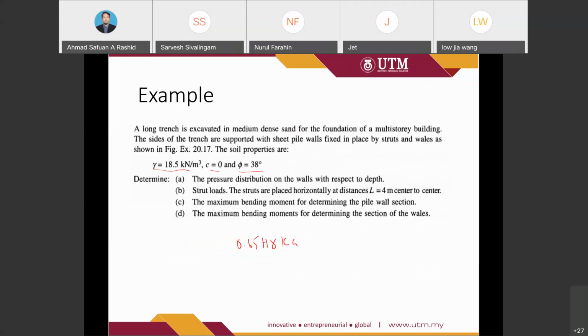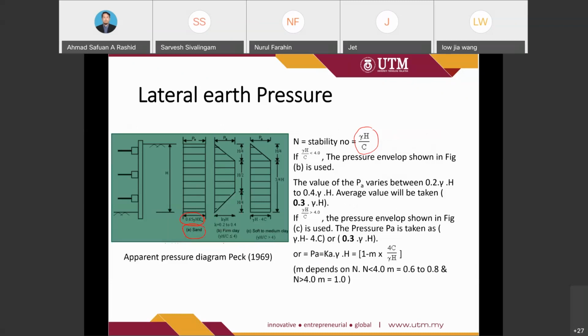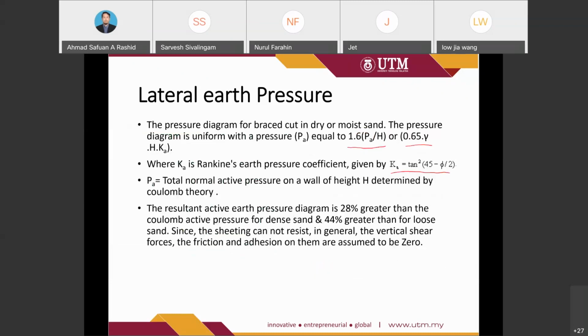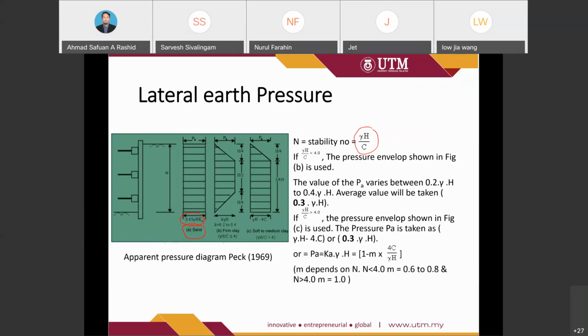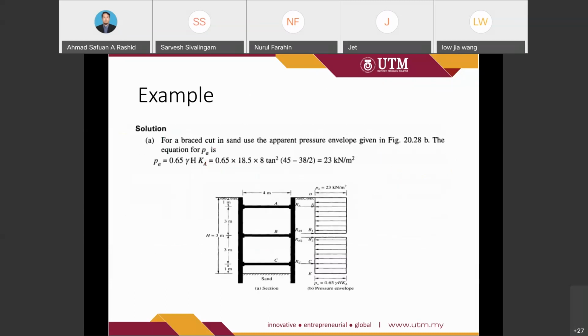Definitely the C will be 0 because it's sand. Okay, so Ka should be calculated first. To calculate the Ka, we may use this formula. It's from the Rankine approach. This is not from the Coulomb. This is from Rankine. Okay, so then